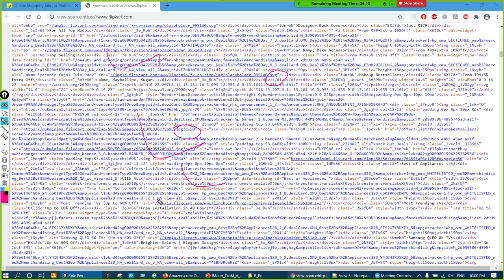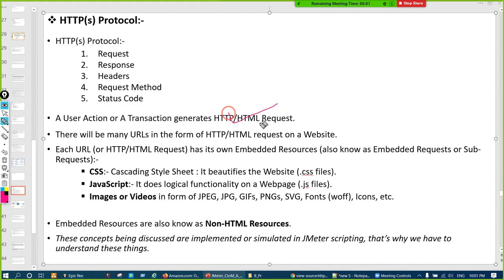So when the main resource, that HTML request, is called, when we get the response for that, along with it these embedded resources are also retrieved, right? Each user transaction will generate an HTTP HTML request, and each HTML request will have embedded resources in this form. These embedded resources are also known as non-HTML resources. Why do we call them embedded resources?